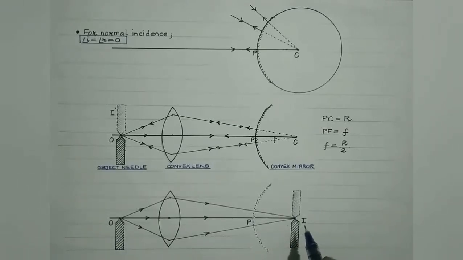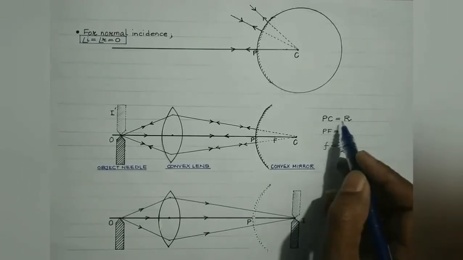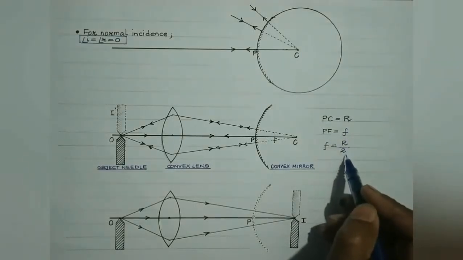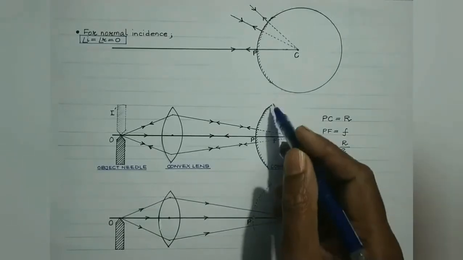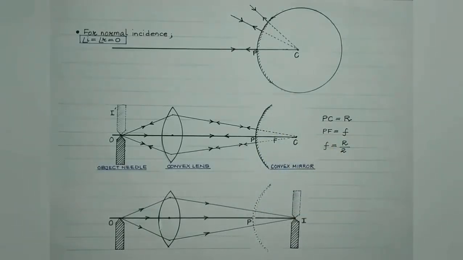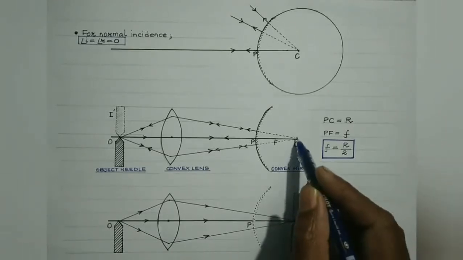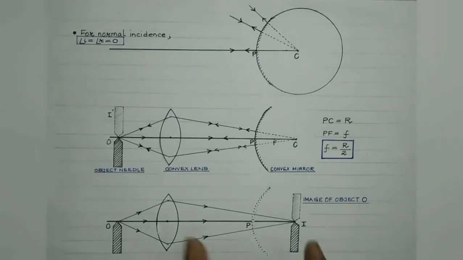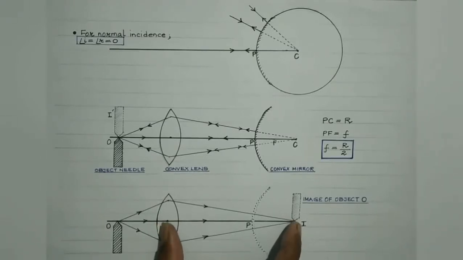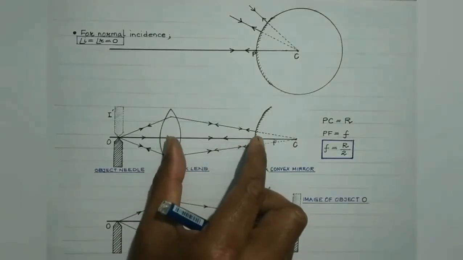This is the image needle and this is the inverted image of this object. Now we need to position the image needle I over here, and this distance PI gives the measurement of the radius of curvature, and when it is divided by 2, it will give us the focal length of this convex mirror under consideration. It must be noted that this image needle I lies exactly at the position of the center of curvature of this convex mirror.